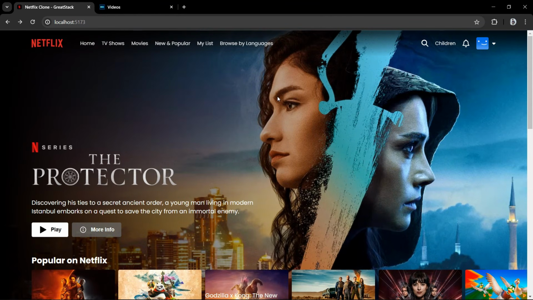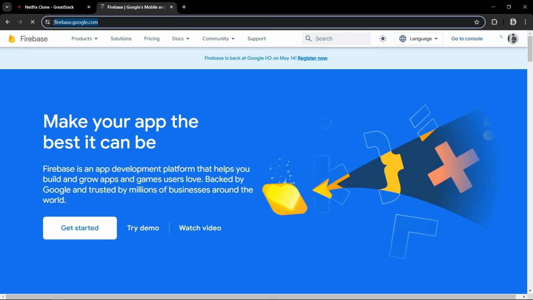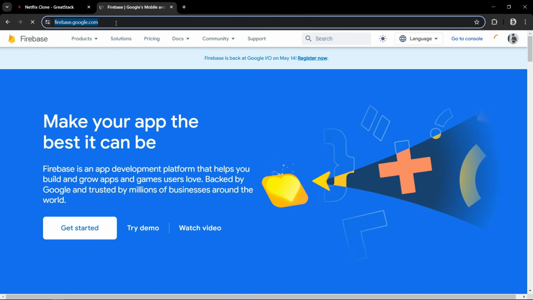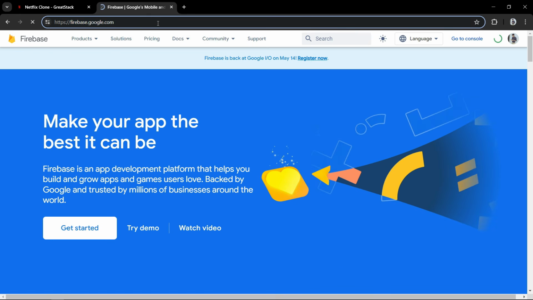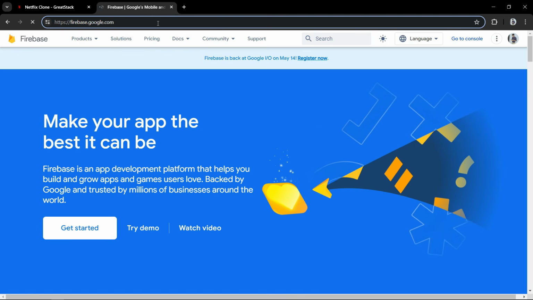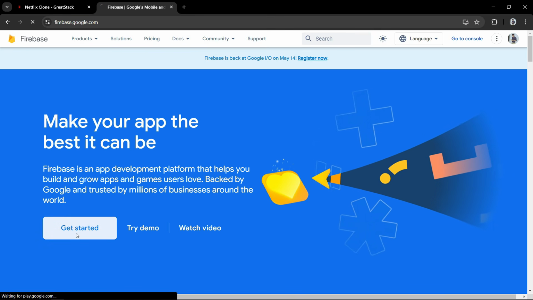Next we will add the Firebase authentication on our website so that user can create an account, user can log in on this website, and user can log out from this website. To add the Firebase authentication, we will open the website firebase.google.com. Then click on Get Started and sign up on this website.